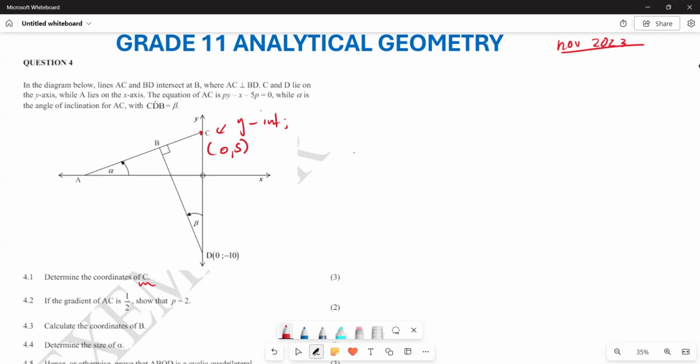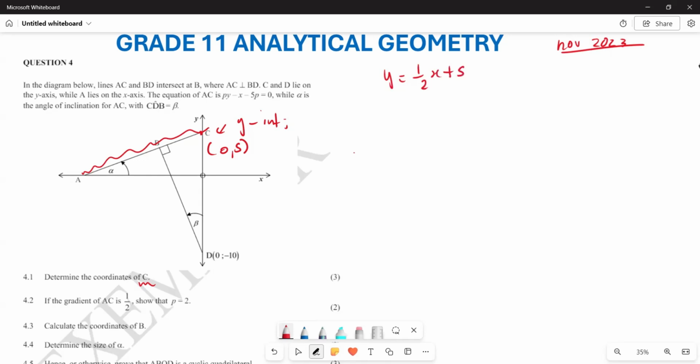Now, how can you go about calculating the coordinates of your beam? For an example, what is it that you are given here? There's nothing that you are given here for now. So what is it that you can do? You are going to say already you have the equation of your ABC. And the equation of your ABC is given by what? It's given by y is equals to 1 over 2x plus